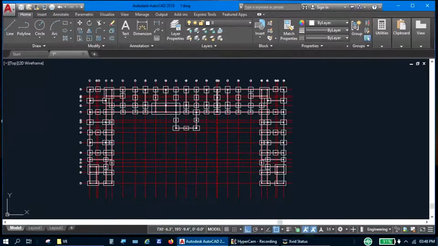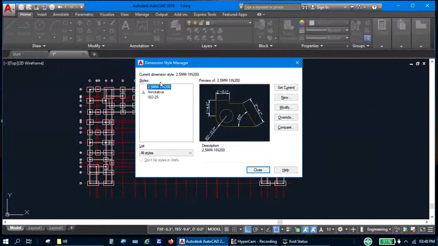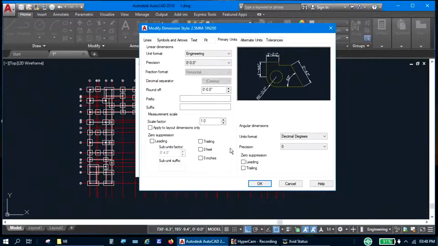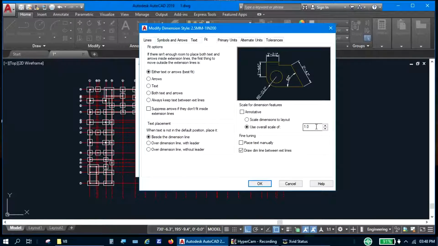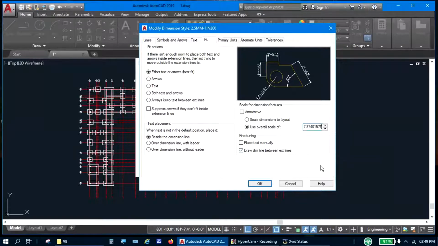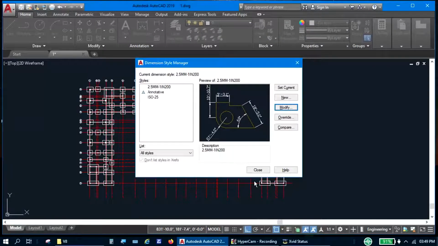Now go to Dim Style Manager. Select Dim Style, click on Modify, click on Fit and enter the value 7.87401578. I copy it from a calculator and paste it here.